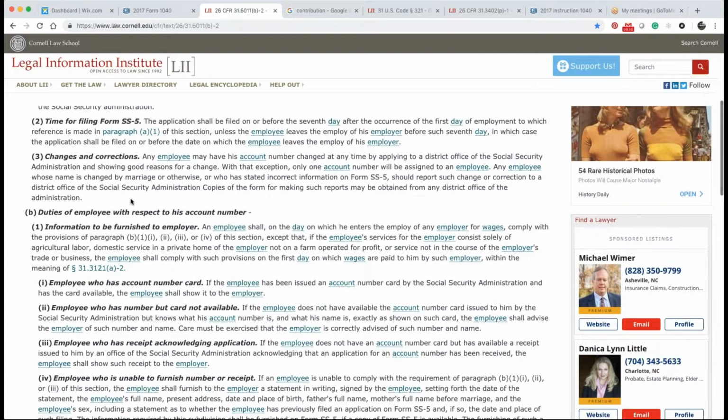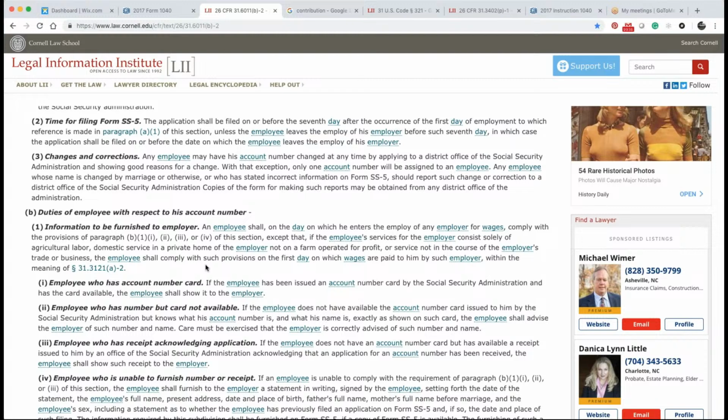Okay. Duties of employee with respect to his account number. 1. Information to be furnished to employee. An employee shall, on the day on which he enters the employ of an employer for wages, comply with provisions of paragraph B1, 1, 2, 3, or 4 of this section, except that if the employee's services for the employer consist solely of agricultural labor, domestic service in a private home of the employer, not on a farm operated for profit, or service not in the course of the employer's trade or business, the employee shall comply with such provision on the first day on which wages are paid to him by such employer, within the meaning of Section